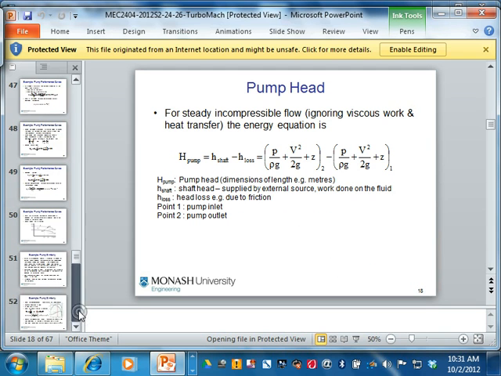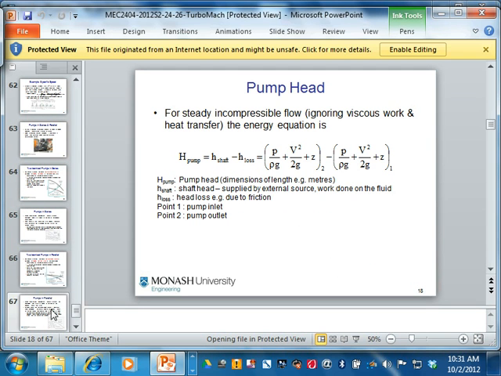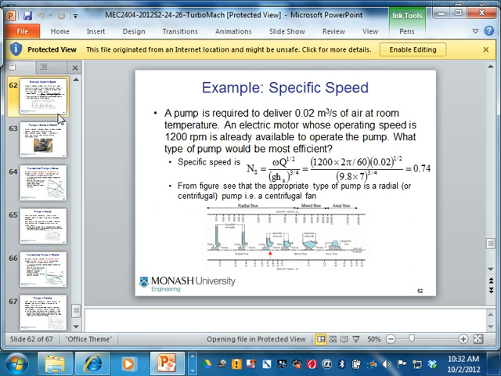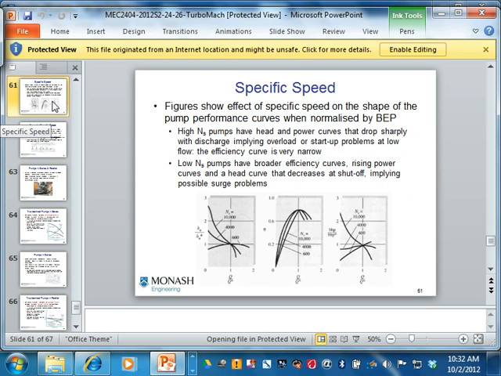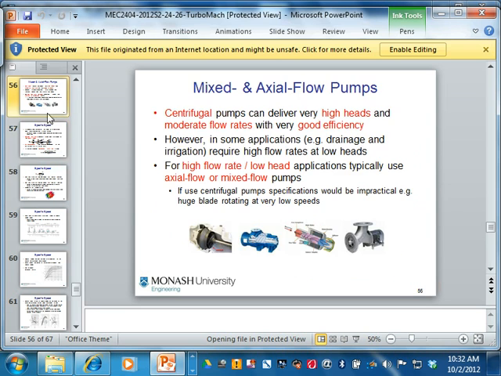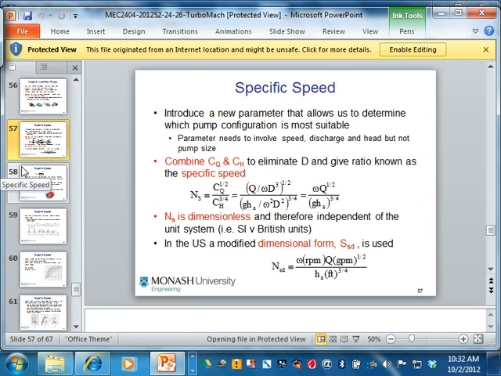Okay, this one. So since I was just waving my hands telling you this is for high flow rate, this for low flow rate, and so on, let's put some numbers to it so you know how to use it and how to select which pump. That's the number. We use a specific speed. The specific speed is defined as the flow rate coefficient